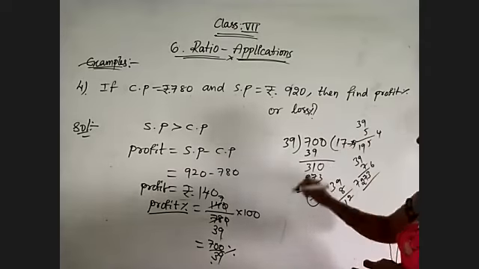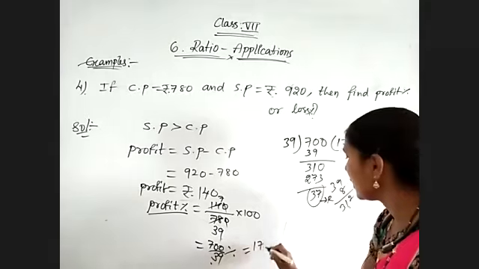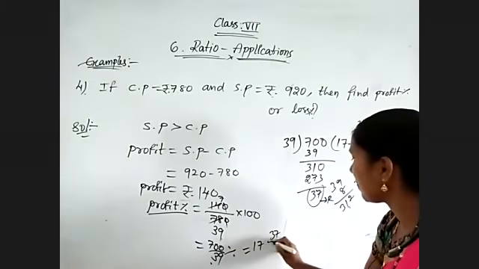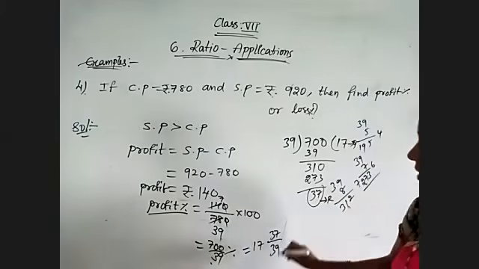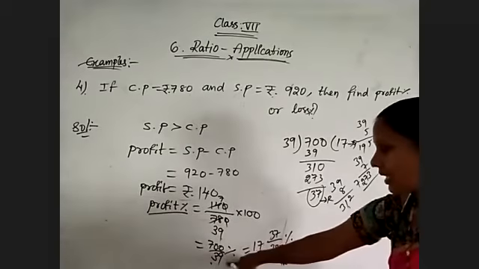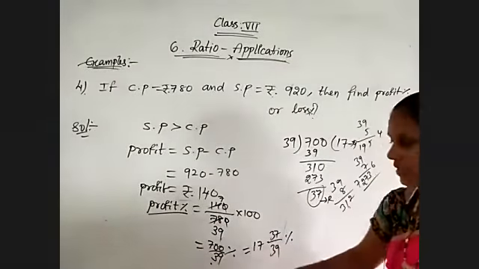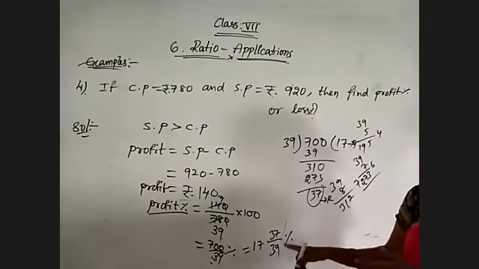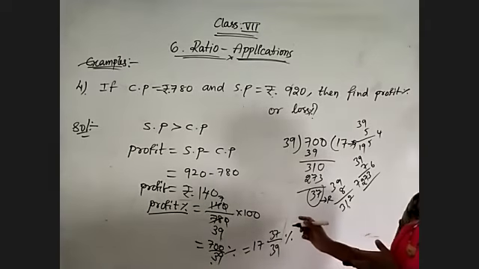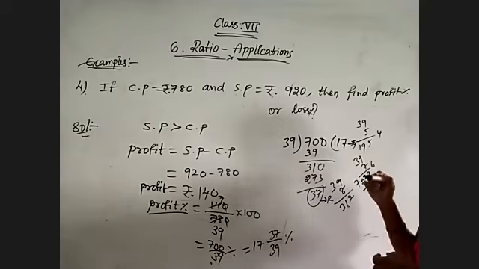Quotient and divisor. So how are we writing this one? Quotient is 17 and remainder is 37 by 39. So this is the mixed fraction for this value. Even though 39 is not a prime number, they do not have any common factors, so we write it as a mixed fraction. Otherwise, if the answer is given as a decimal number, directly take the decimal value while doing the division.